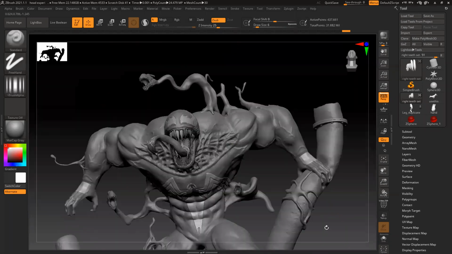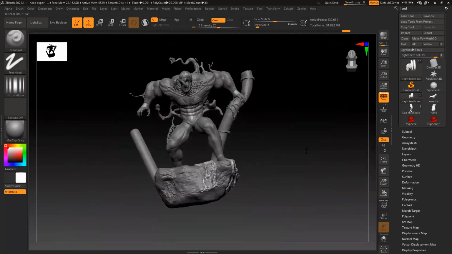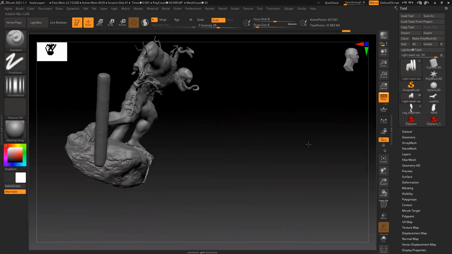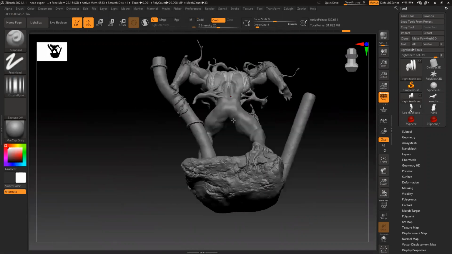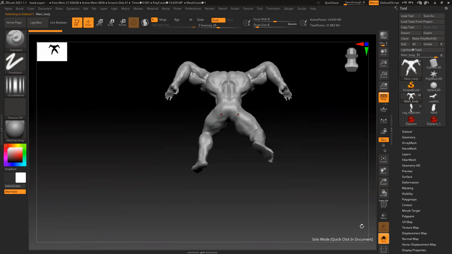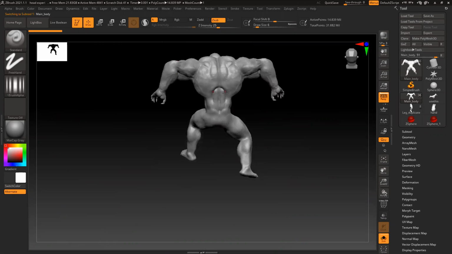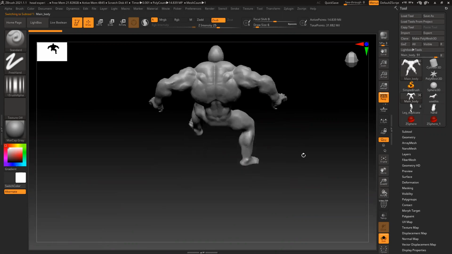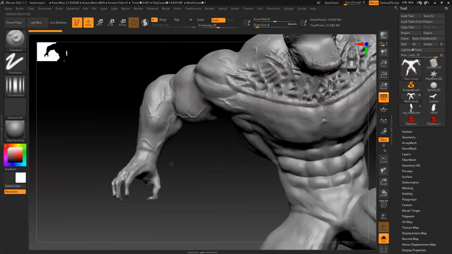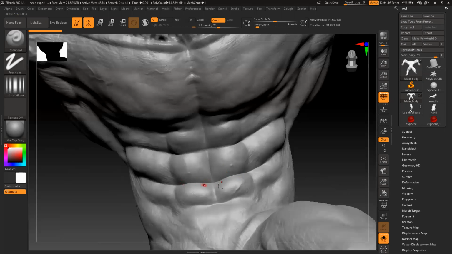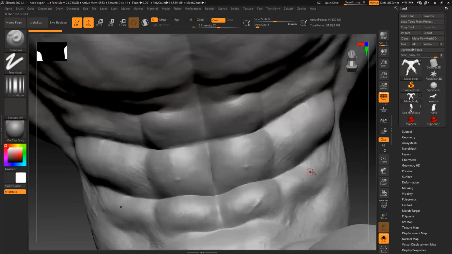Then one more thing. Overall, what I feel is the shape looks pretty nice. My only concern is that all the muscle and structure are not that defined, not that crisp. So you have to make it a bit crispy. Here you can see these lines are really sharp and crisp.